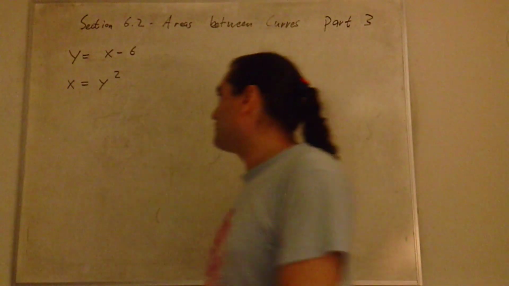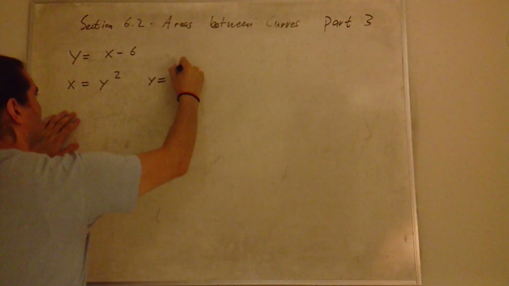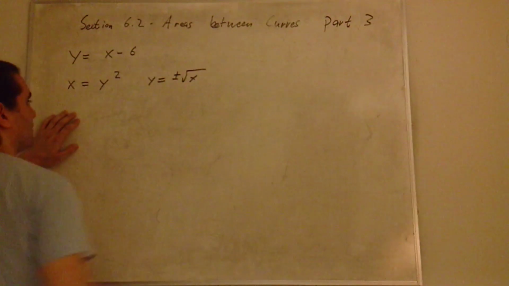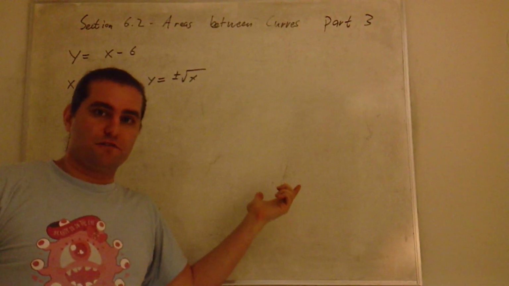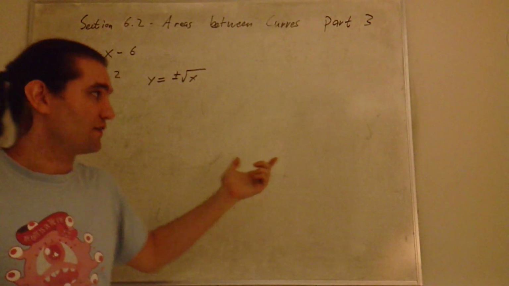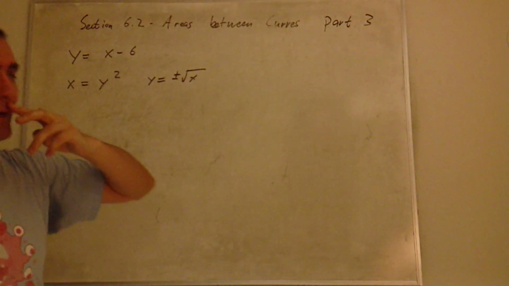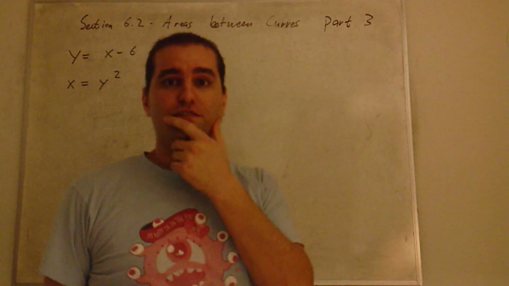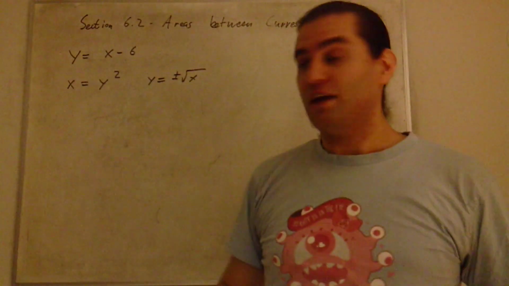If we solve this for y, we would get y equals plus or minus the square root of x. So technically it's not even really a function, because it doesn't pass the vertical line test. Each input is going to give me two outputs, a positive and a negative. But we can still find the area between it and this other function,